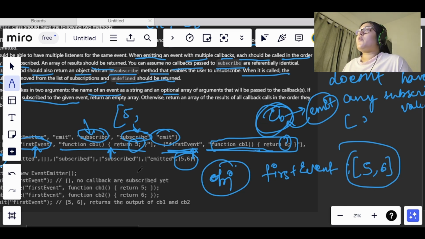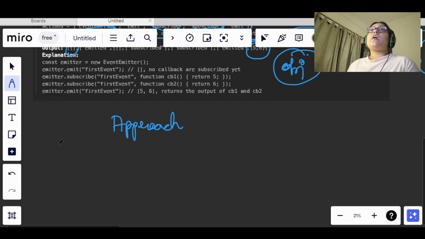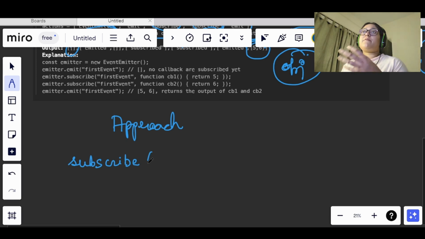Now let's see the approach for the question. In our approach, we observed that we had to perform some operations, right? For subscribe we had to return some values, and it was mentioned that the callbacks will be unique, right? So we will follow those things, and move to the basic operations that will be performed in the question.